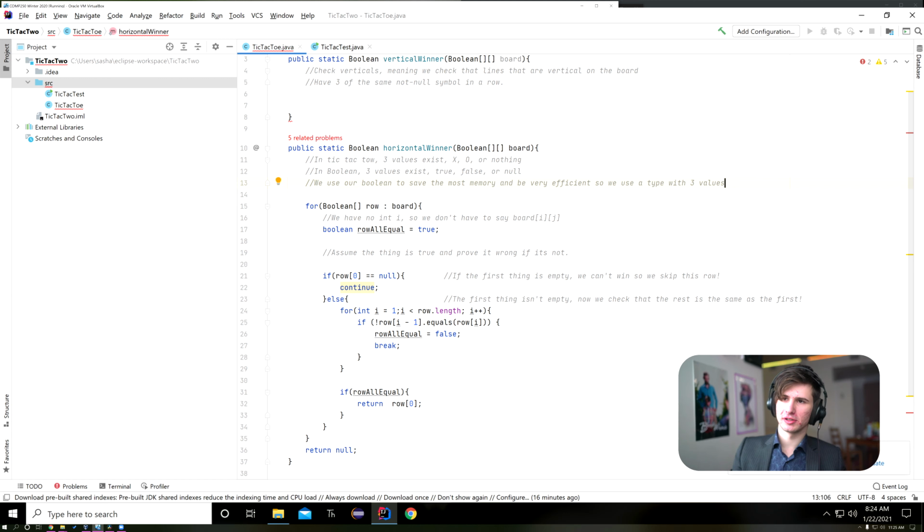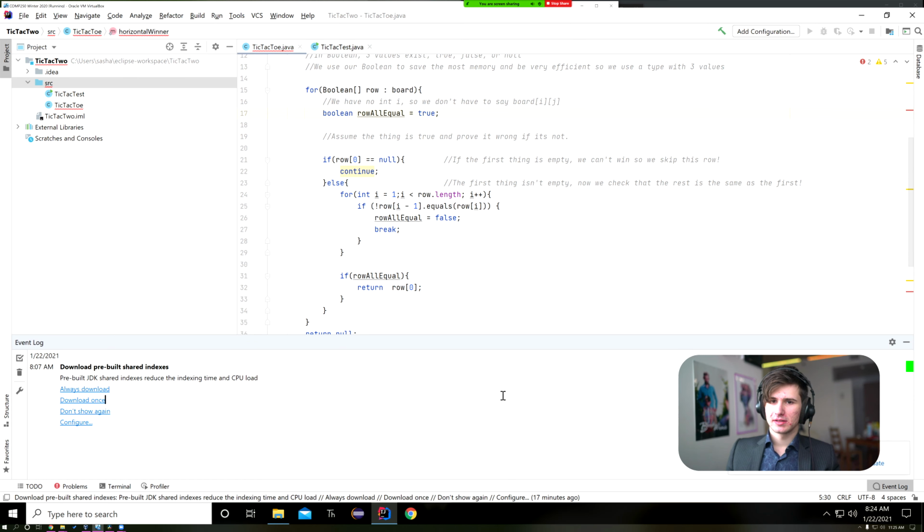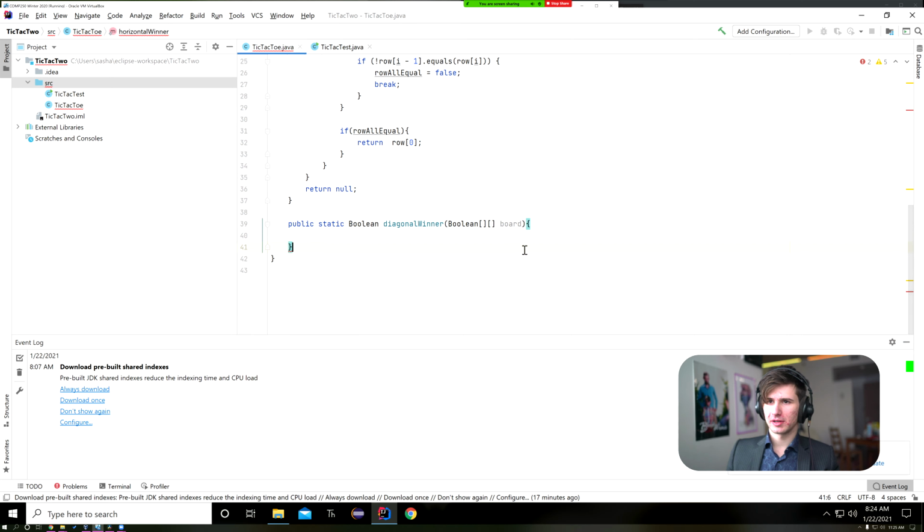And if we use a lowercase boolean, it can only be true or false, so we can't have an empty spot on our board. That's why we use the capital B Boolean. That's important. All right, so assuming nobody has the vertical winner, I'm going to go into the diagonal one right now,